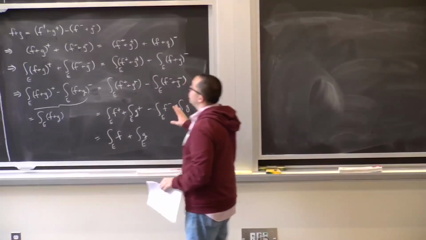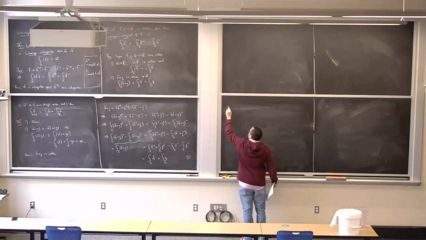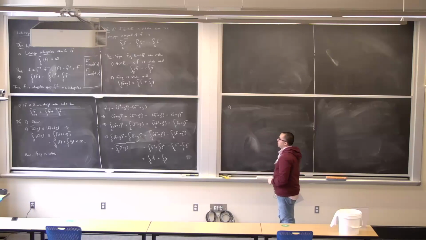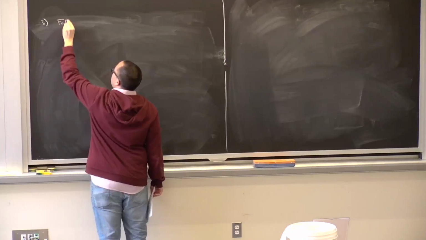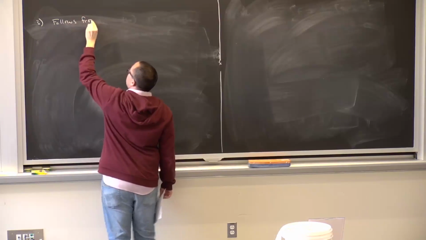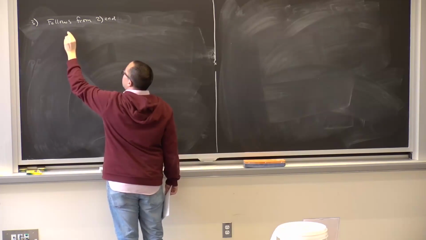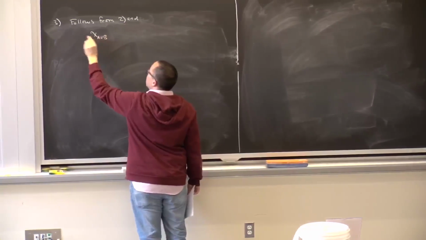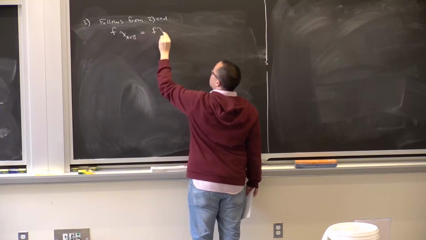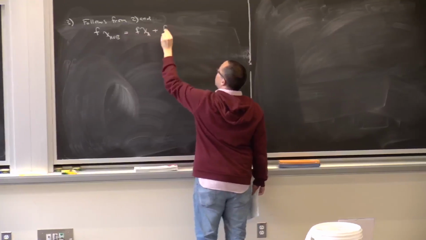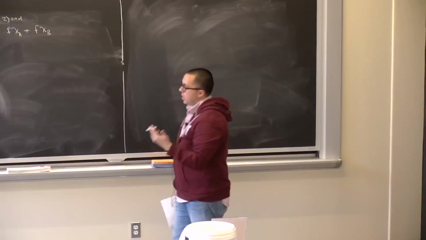And so that was 2. What's the proof of 3? 3 follows from 2, and the fact that if I take f times the indicator function of A union B, this is equal to f times the indicator function of A plus f times the indicator function of B when A and B are two disjoint sets. Okay? And then,